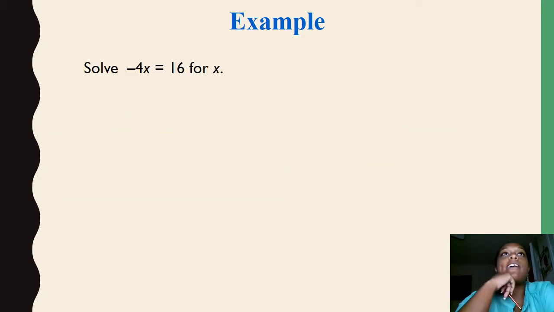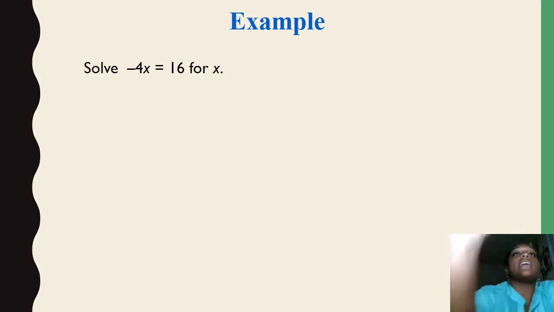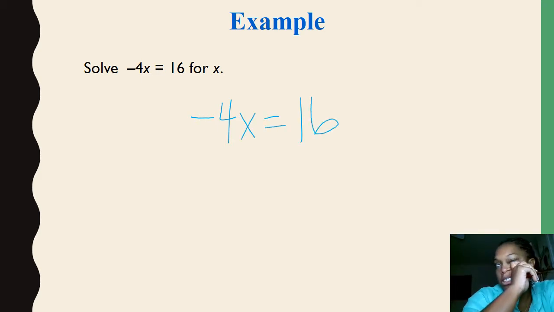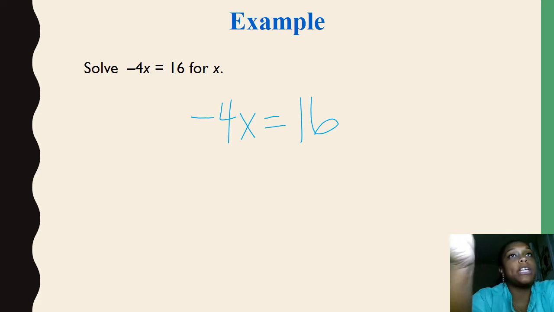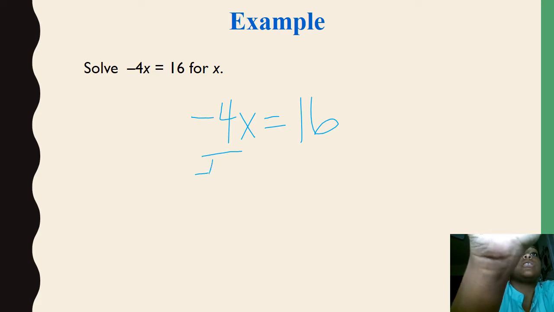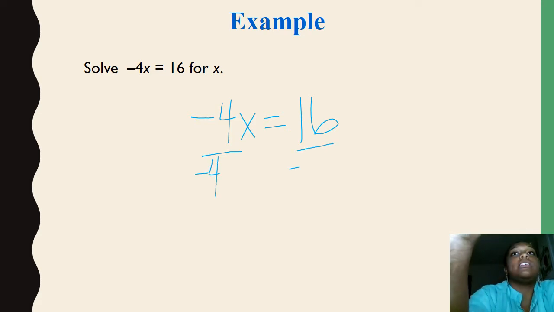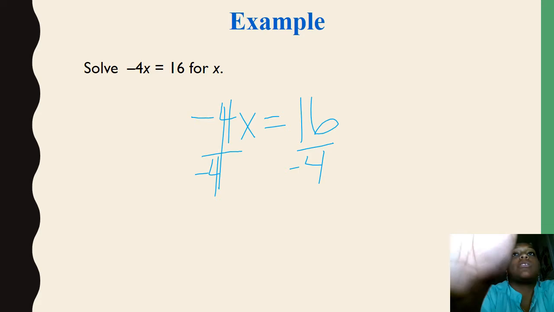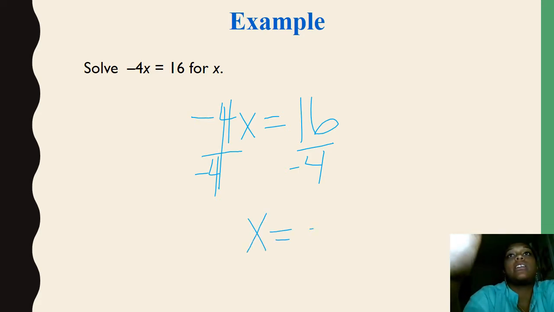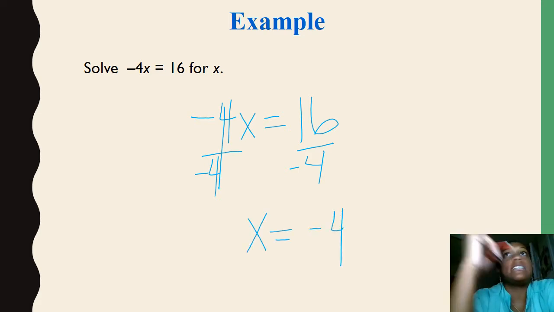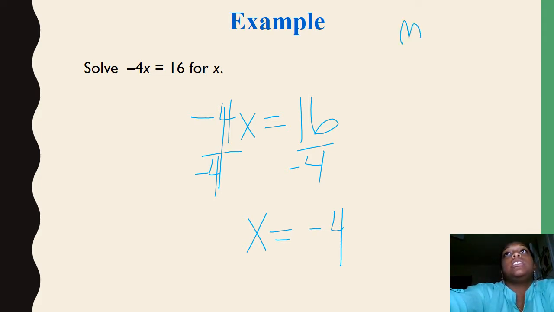So then next we have negative 4x equals 16. So this is a one-step problem. Okay, I'm going to do the opposite of what's happening. So if my operation is multiplication, my inverse is division. What I do to one side, I'm going to do to the other. So I get x equals negative 4. And remember we talked about the tic-tac-toe box. So for the rules for multiplication,